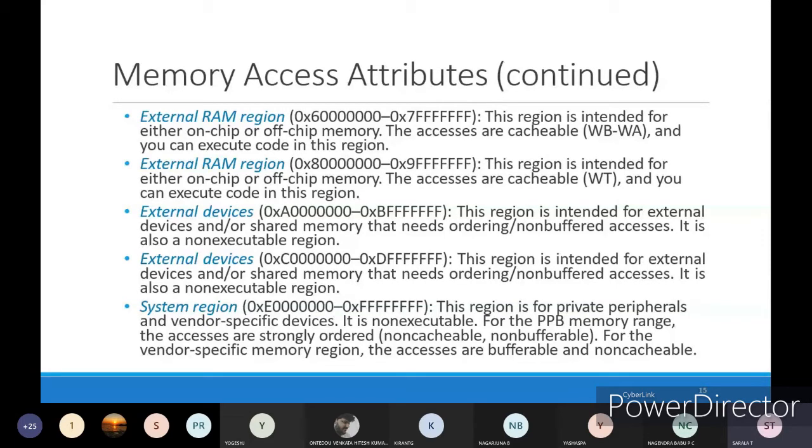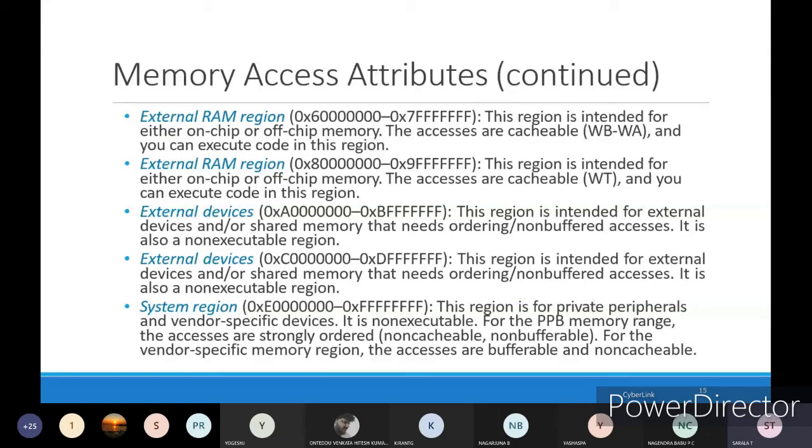And another part of this external RAM is from 800 to 9FFF. This region is intended for either on-chip or off-chip memory. The accesses are cacheable, and you can execute code in this region.